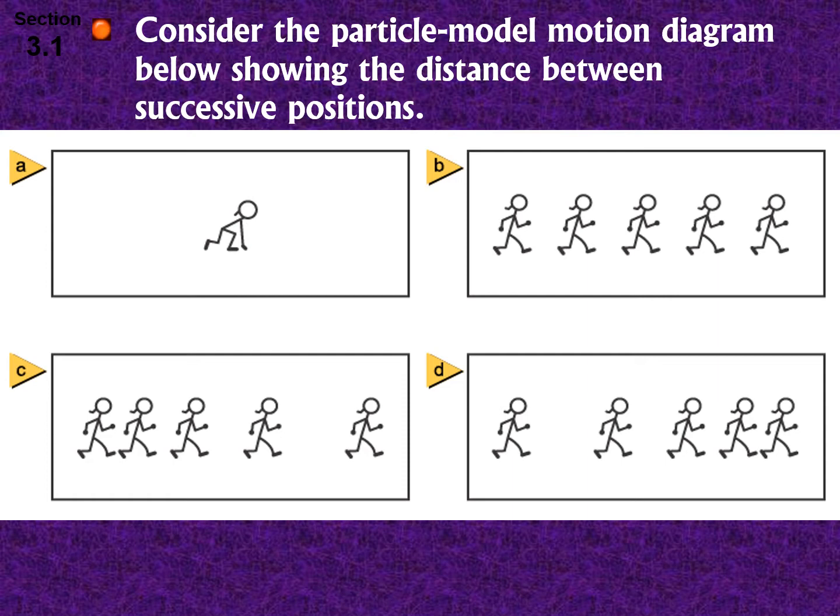They are accelerating. And then in picture D, we see a person also changing their velocity, but there's a big space in the first interval. The space is actually less in the next interval, and less and less. So they are also accelerating. You might say they're decelerating because the direction of the acceleration is actually negative compared to the direction the person is moving. But that is still a form of acceleration. If you want to call it deceleration, that's fine. Just realize that both of them are accelerations. One of them is positive and one of them is negative.